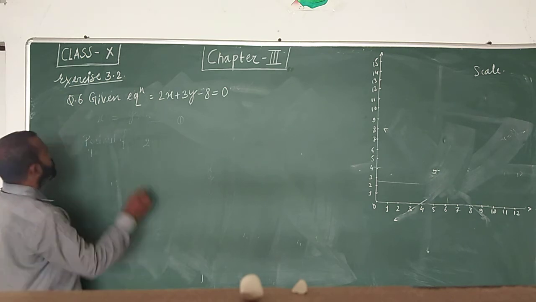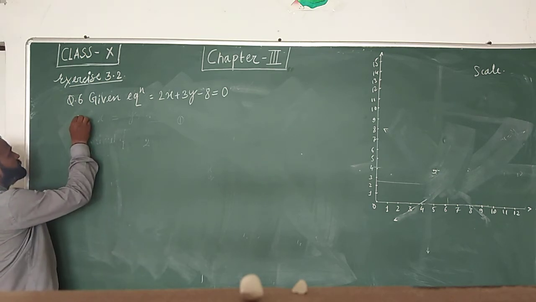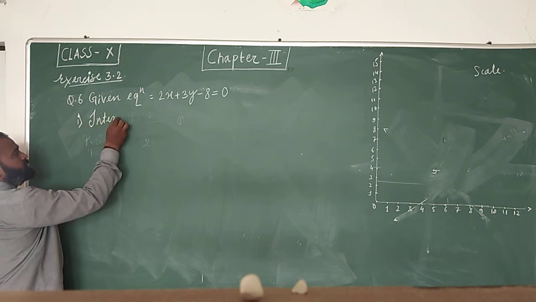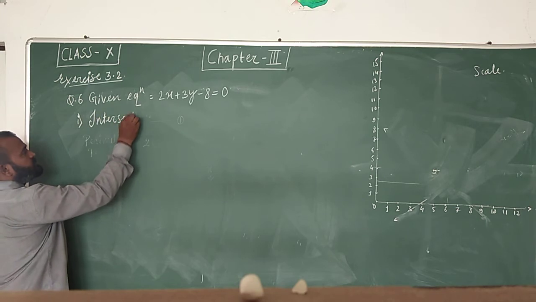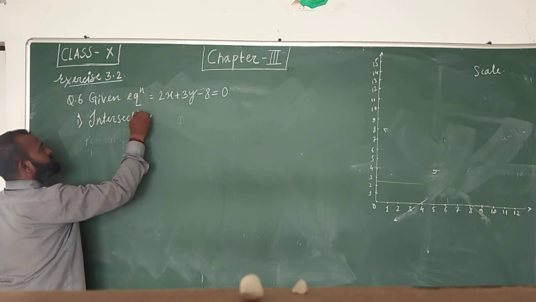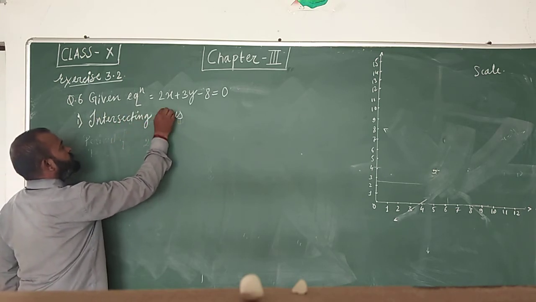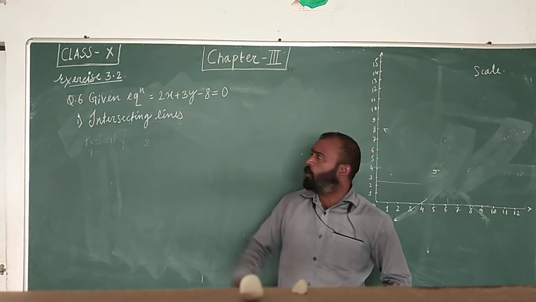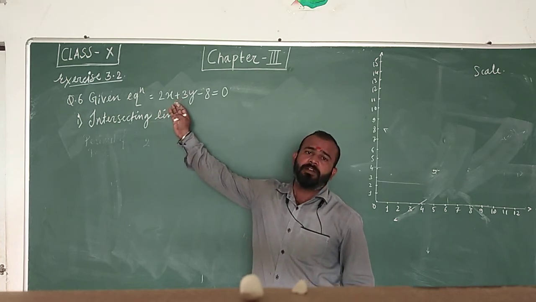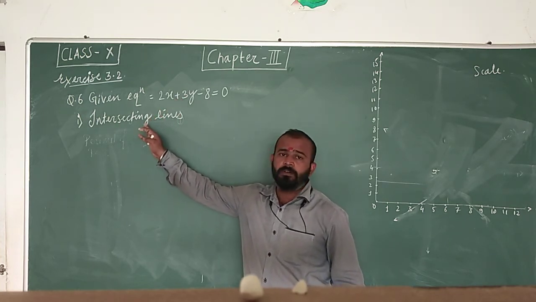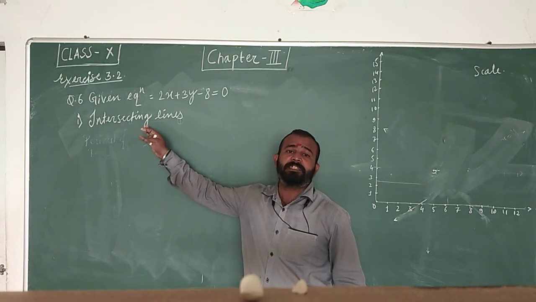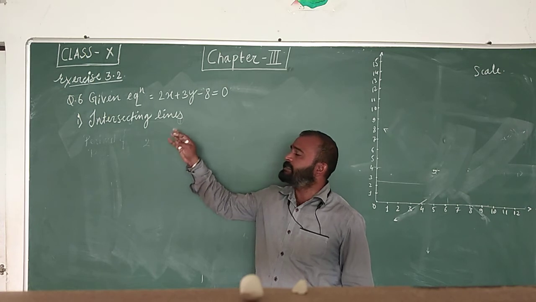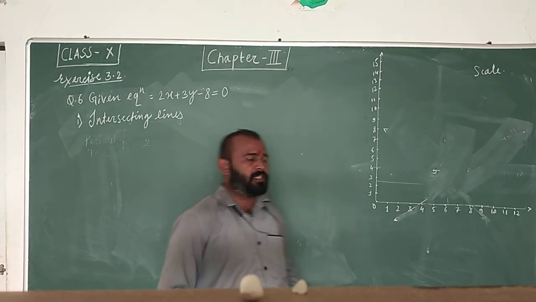Okay. Now we have to form an equation that will satisfy the given conditions. First is intersecting lines. Now there can be infinite solutions. बहुत सारे solutions आप लिख सकते हो जहां पे आपको intersecting lines मिले, right? So for intersecting lines we have one condition.